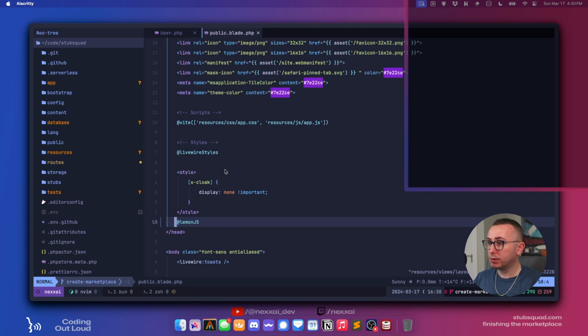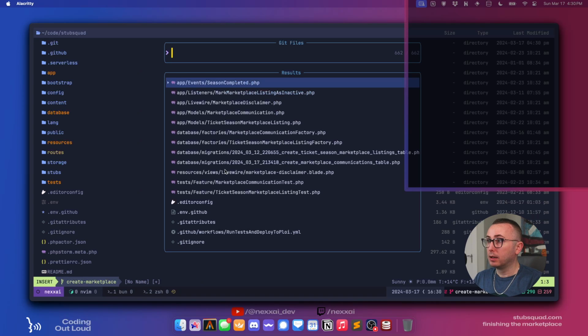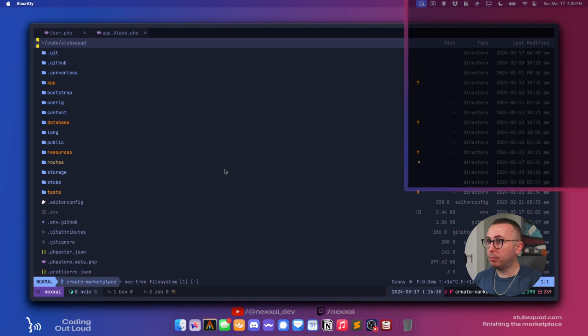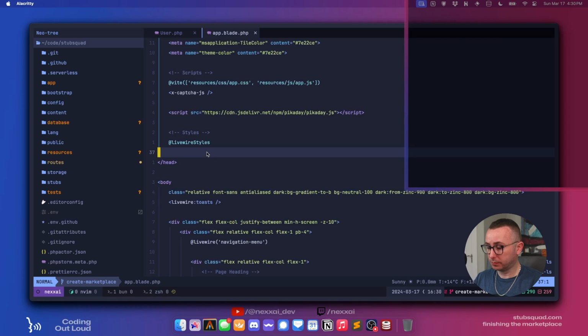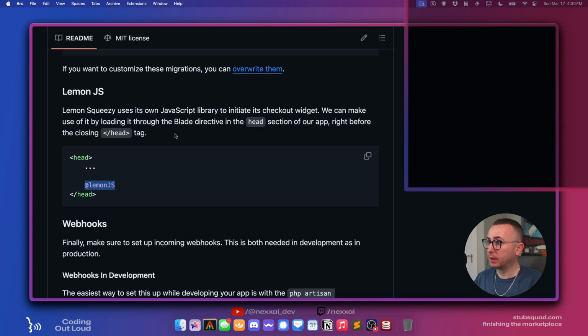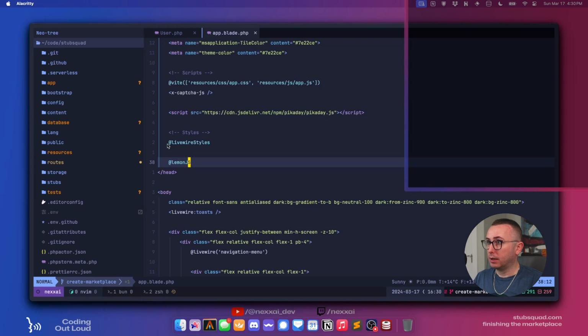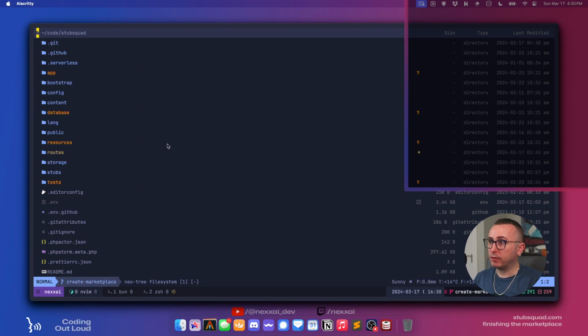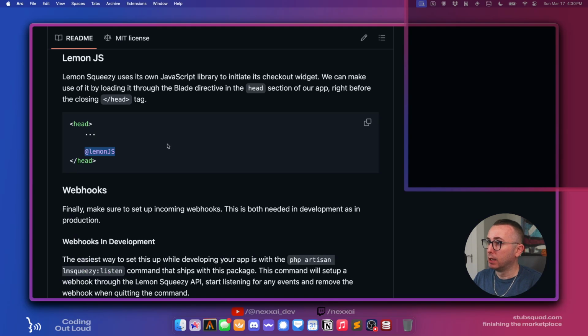And then we also want to put it in the layout app. This way it'll be available for anyone who's logged in, as well as the public version.